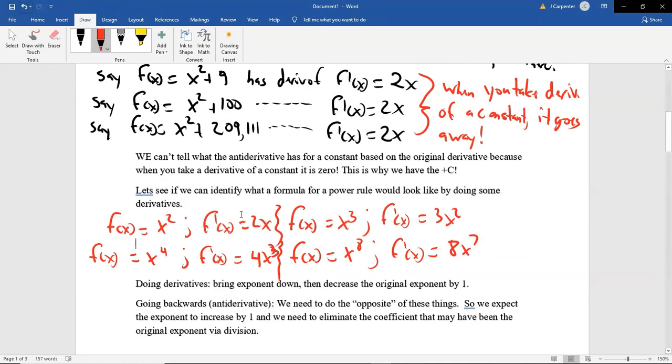So with a derivative of 2x, the antiderivative is x squared. The 2's gone. But you can't get rid of this 2 by addition or subtraction. You've got to get rid of it by multiplication or division. Well, it feels like it multiplied one way, so now to go backwards, we divide. So we'd have to divide it by 2. Or this one, we'd have to divide by 3 to get rid of the 3. This one, you'd have to divide by 4 to get rid of the 4. This one, you'd have to divide by 8 to get rid of the 8. How do we know what we're dividing by? We're dividing by what the future exponent is.